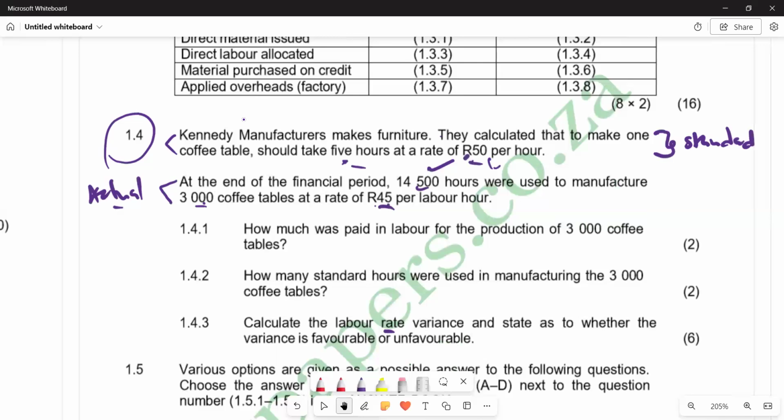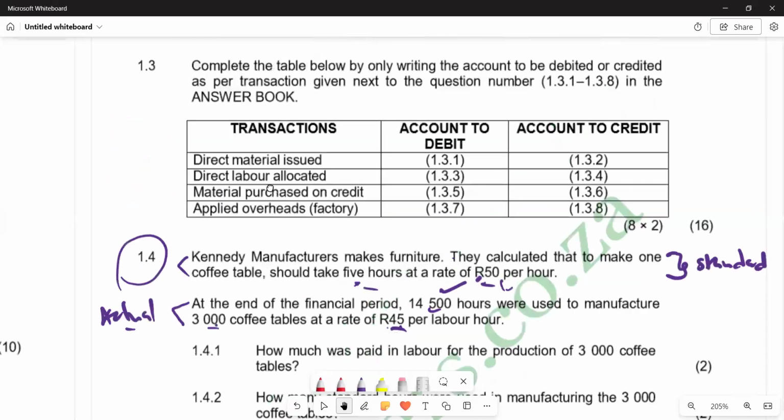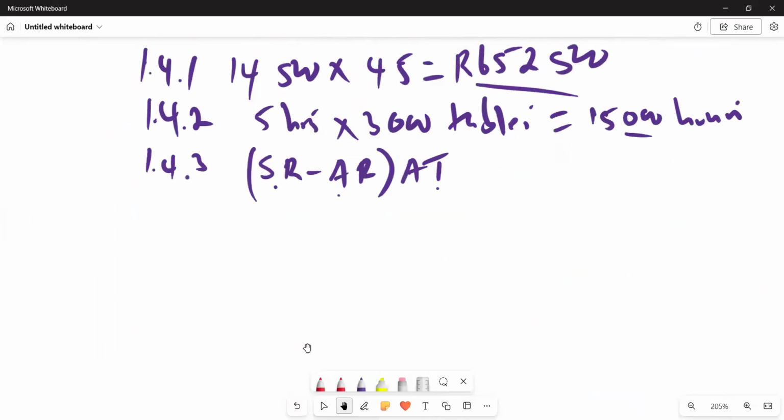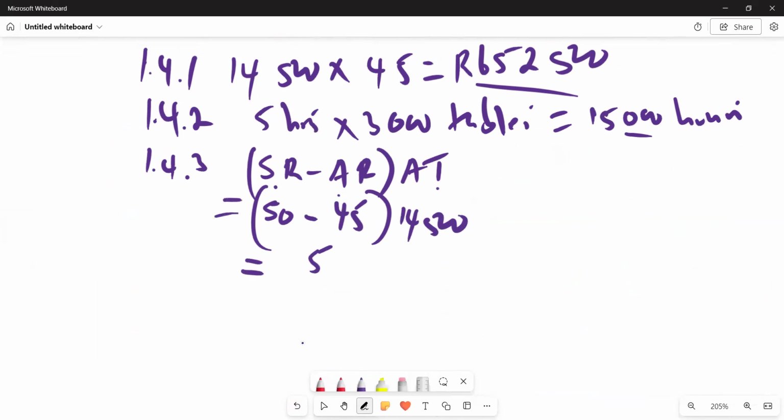So we present it in such a way: standard rate 50, subtract actual rate 45, and multiply by actual time 14,500. 50 minus 45 gives us 5, and then we multiply by 14,500. The answer that we are going to get there is